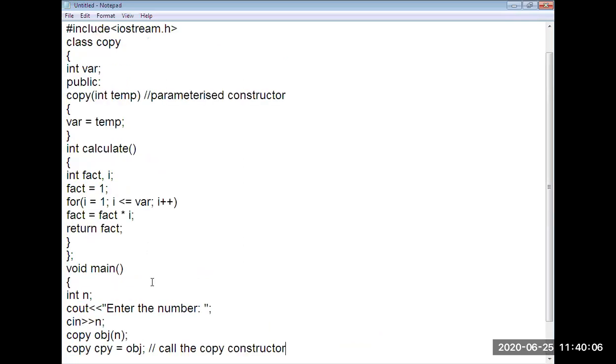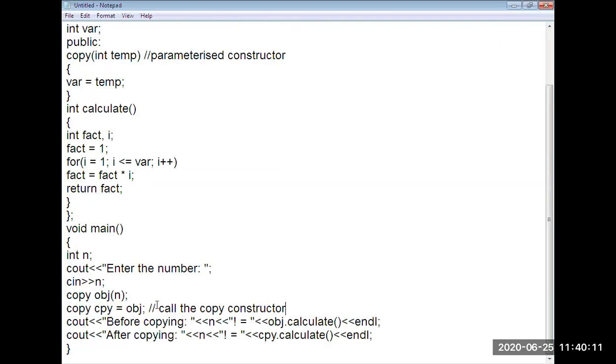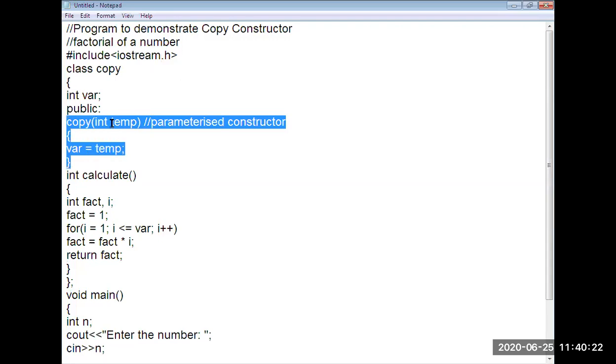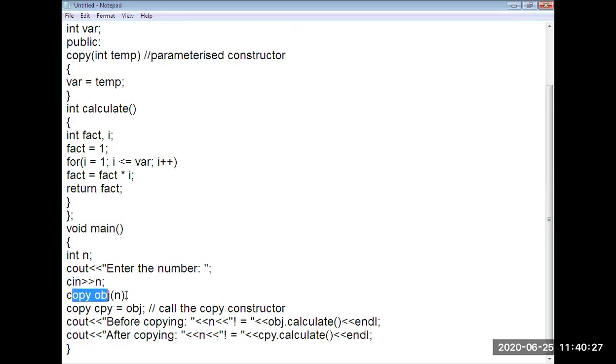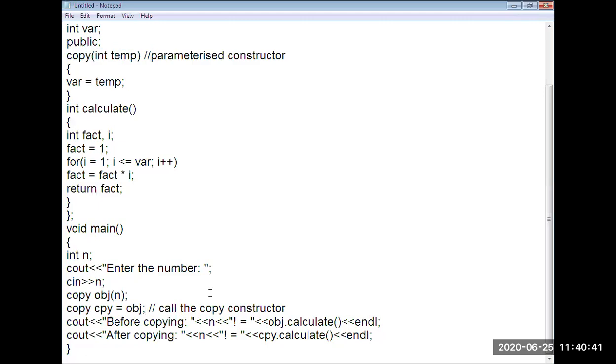But look at that. In this program, actually, the same program is available in the textbook. There one mistake they have done. Copy constructor is used in the function call there, where when we create the object in main, but it is not defined in the class. What is defined is just a simple parameterized constructor, which is used to create the first object obj. Second object cpy is a copy of obj. For this one, there is a need of a separate copy constructor defined in the class, but in this program it is not defined. So by then the compiler calls a default copy constructor.